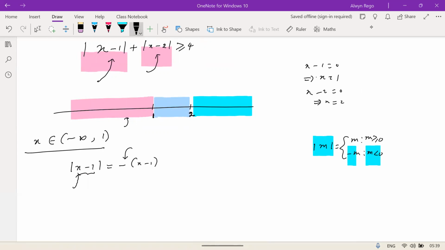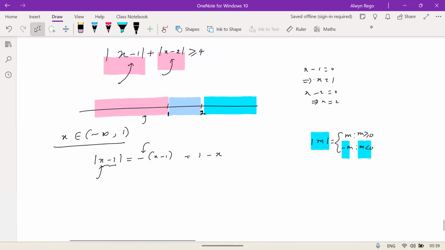So that becomes equal to 1 minus x here, and x minus 2, if you choose a value which is less than 1, let's say minus 10 again, minus 10 minus 2 is negative, so it becomes equal to negative of x minus 2. That is 2 minus x. Therefore,